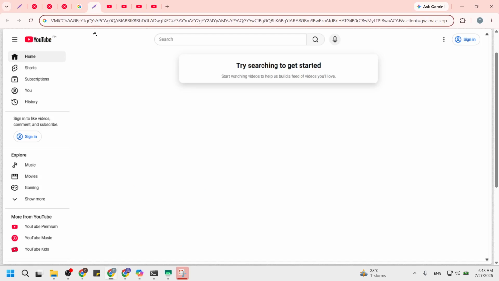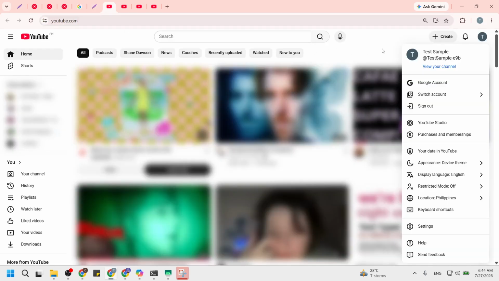After it opens, look in the top right corner for the sign in button. Click it, then choose your Google account and enter your password. When you are signed in, you should see your small profile picture or a colored initial circle in that same top right area. That confirms you are logged into the account whose picture you want to change.